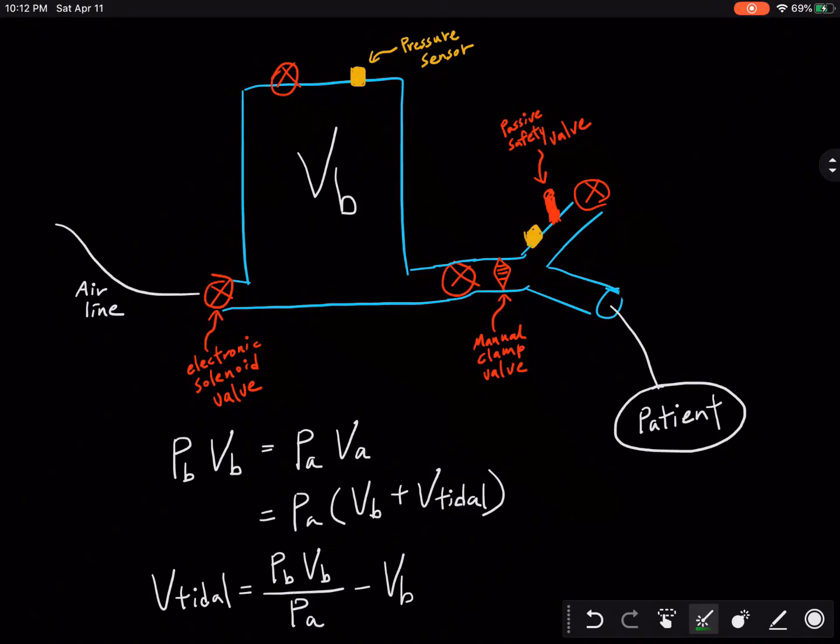During the expiration period, this valve is closed and this valve is open, and we monitor the pressure in here to close this valve at the right time to maintain a desired PEEP. At the same time that the patient is exhaling, the Windkessel is filling to set the correct initial pressure for the next cycle. This design has no moving parts, which makes it more reliable and robust